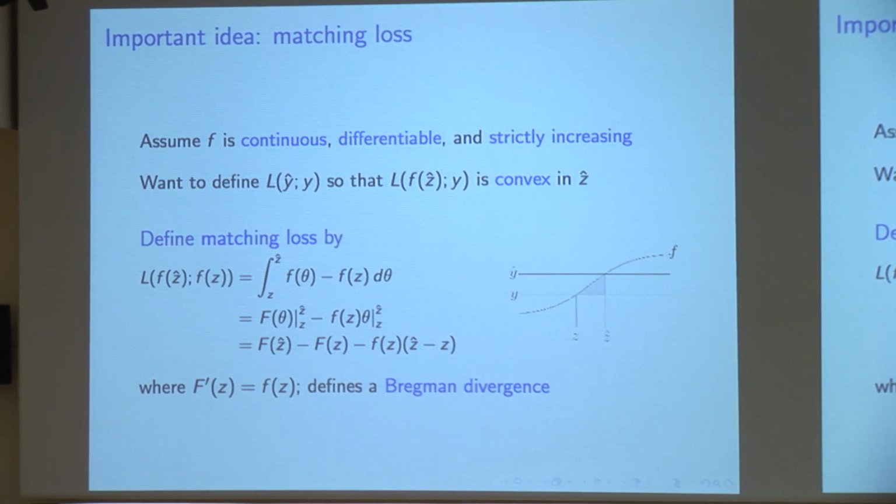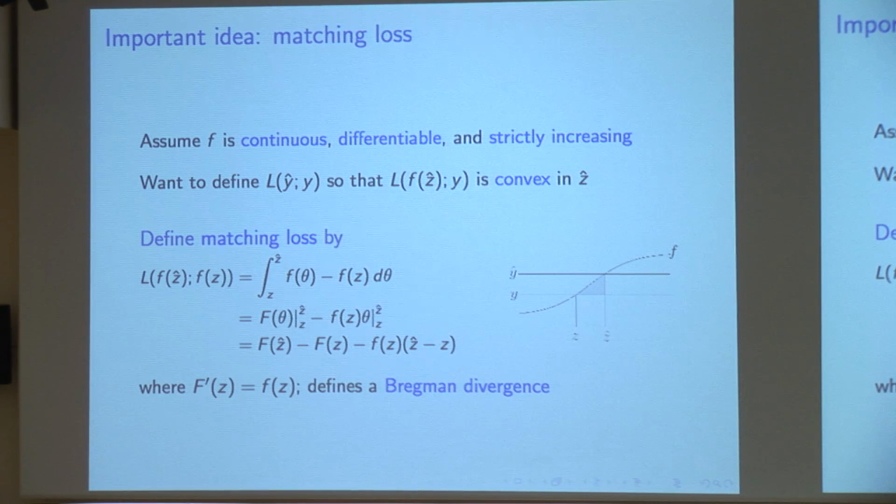So I have pre-predictions and post-predictions. I have a pre-prediction z hat and then a post-prediction f of z hat. That's on my model training side. But of course, the data has a target value y, and that y also has a pre-image. So we have a pre-prediction target and a post-prediction target, a pre-prediction linear hypothesis and a post-prediction linear hypothesis. So there are these four objects: y hat, y, z hat, z.